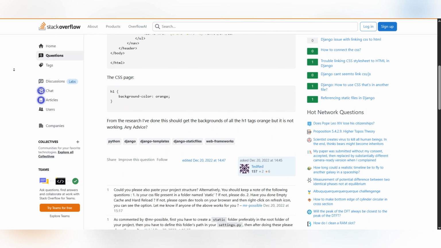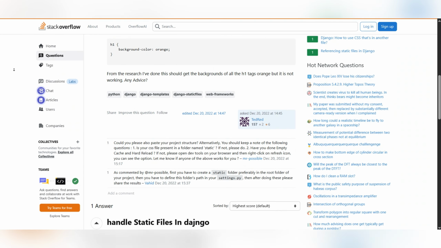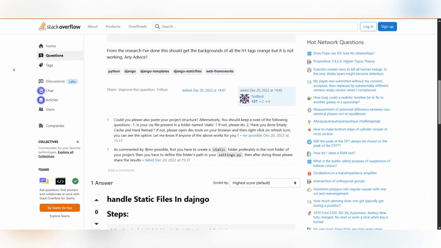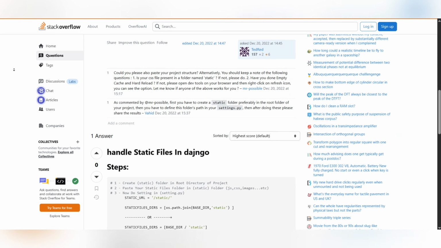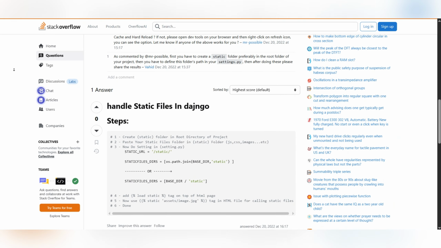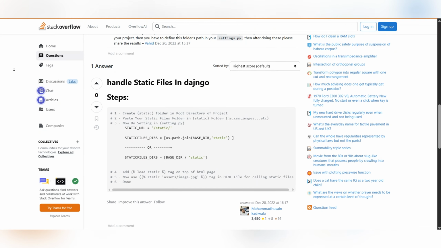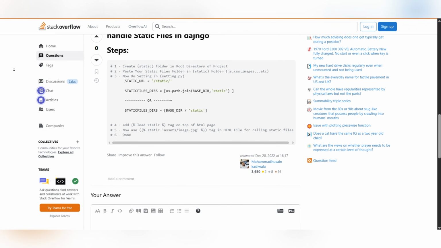To create templates and static files, do this folder structure. And for the HTML file, index.html, do this command. Now open views.py in your app folder, then add the path in urls.py. Run the server, then visit